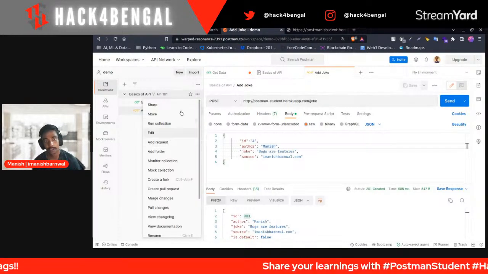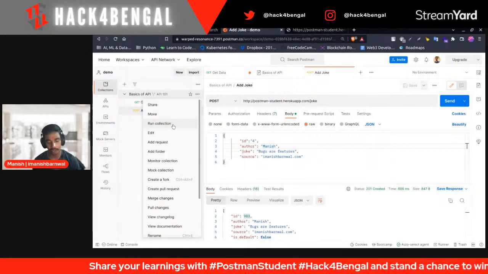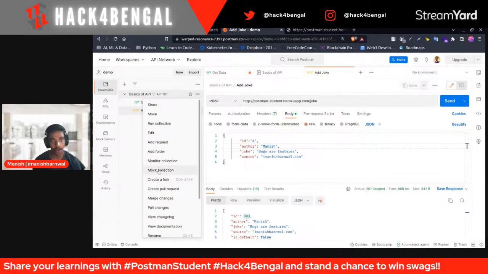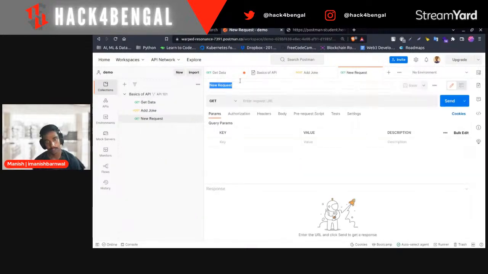That will be the update method. Okay, what's the update method? Can anyone tell on the chat? I have already told what the update method is. We need to add a request. It will be update joke. Guys, tell me fast, what's the update method? Update joke.